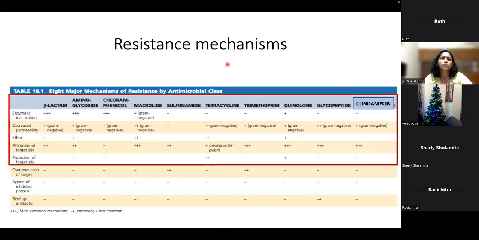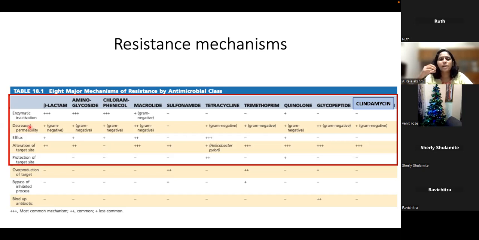So coming to a brief, largely outline about the resistance mechanism that we will be touching upon. There are many resistance mechanisms, and it is impossible to explain or understand in one session. But if you can understand that largely there are 5 resistance mechanisms, which in combination may be seen within each bug to actually make the drug ineffective. So let us see, the commonest being the enzymatic inactivation, followed by decreased permeability, that is